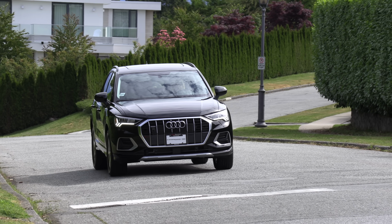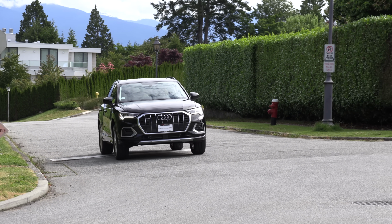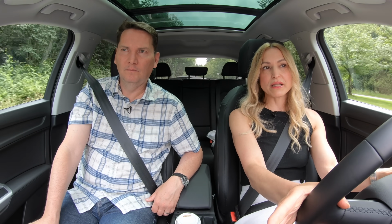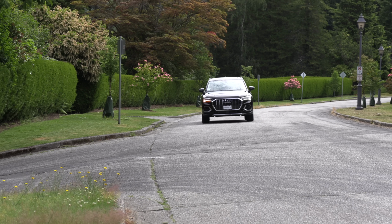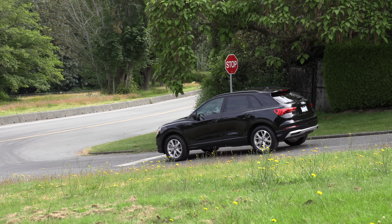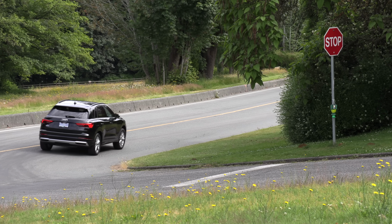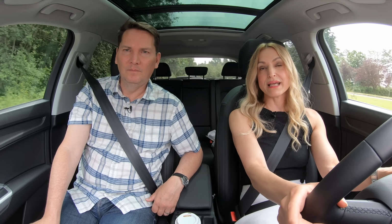This model, because it's the Q3 45, comes with the advanced LED headlights, but all of them get the dynamic rear turn signals. Now you can add a package to the Komfort trim called the Vorsprung package. Unfortunately, with the chip shortage, it's not available right now. So what Audi Canada did is they added the Canadian Edition package, which has all of the black exterior trim if you want it. And one thing in the Vorsprung package that you can't get right now is Audi side